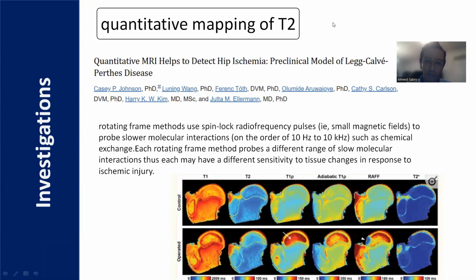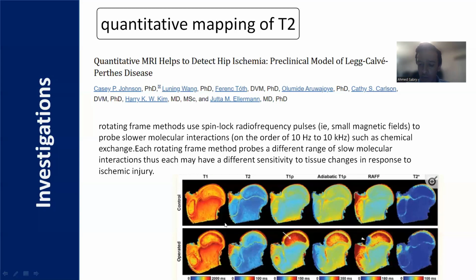Another method that was developed is quantitative mapping of T2 MRIs. This can also help us in determining the long-term outcome of Perthes disease, and we don't need gadolinium. That's the best part about it. So if we look at these pictures here,